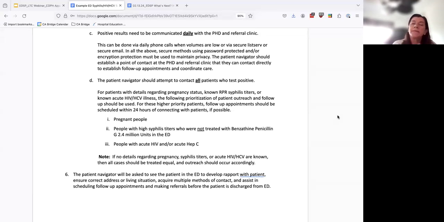In some cases, it's giving the referral clinic or the public health department and an individual in those locations access to your EMR, put them through your HIPAA training, and have them have access to your EMR so they can then either get a listserv via EMR or they can scan the emergency department for individuals with positive tests. However you want to set that up, it's really between your emergency department and your referral clinic or your public health department, if that's where individuals are being referred, to make sure that there's this daily communication.